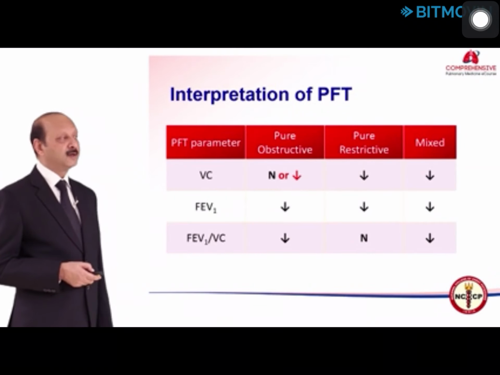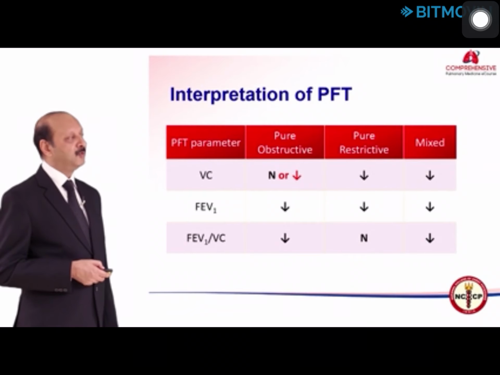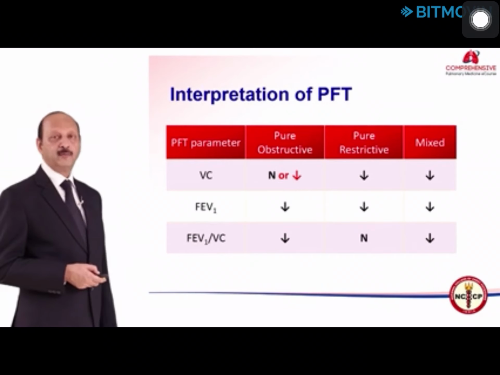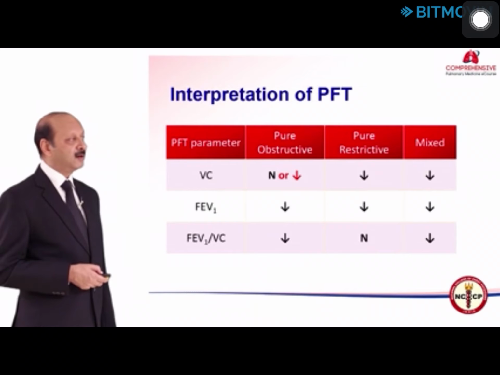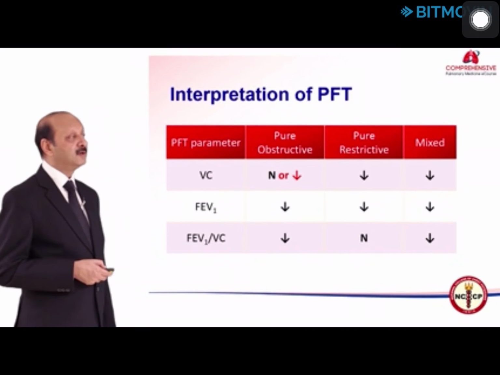If you put them together, in obstructive disorders, you will have vital capacity normal, FEV1 reduced, and the FEV1 by FVC ratio reduced. In restrictive disorders, you will have vital capacity as well as FEV1 reduced, and the ratio remains normal because they are reduced proportionately. And in mixed disorders, the vital capacity, FEV1 as well as FEV1 by FVC ratio are reduced. Now, there can be scenarios when, due to severe obstruction or dynamic compression, the vital capacity is not normal. In obstructive disorders, it is reduced. They are shown here with the yellowing.